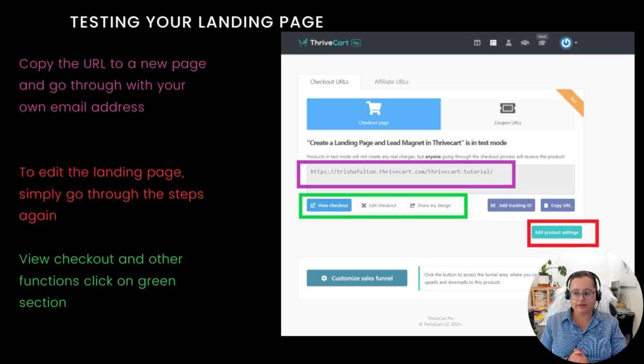I hope that you found this very helpful and that you will be able to at least try and use your Thrivecart for making a landing page. In the types of situations that I would use this, if you have a quick promotion that you're doing on Facebook, or you're talking to your audience through LinkedIn or anything like that, you can definitely create a quick